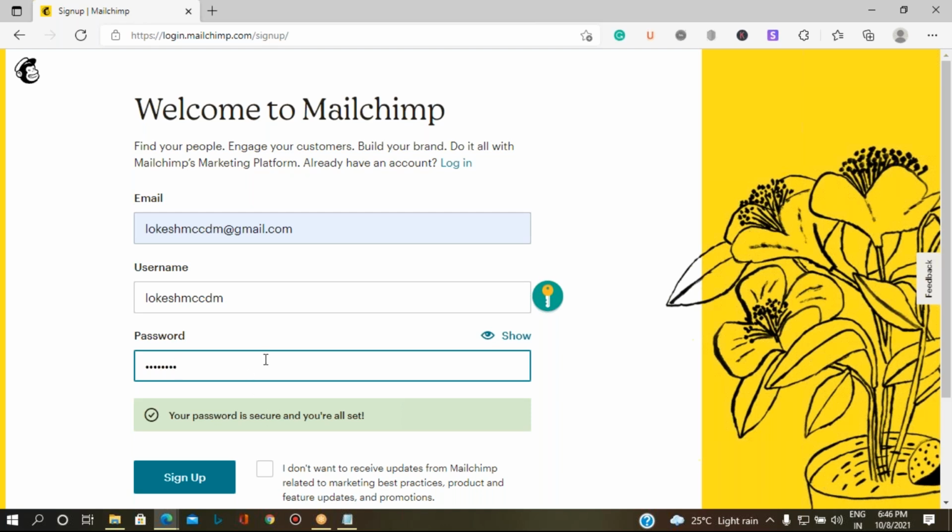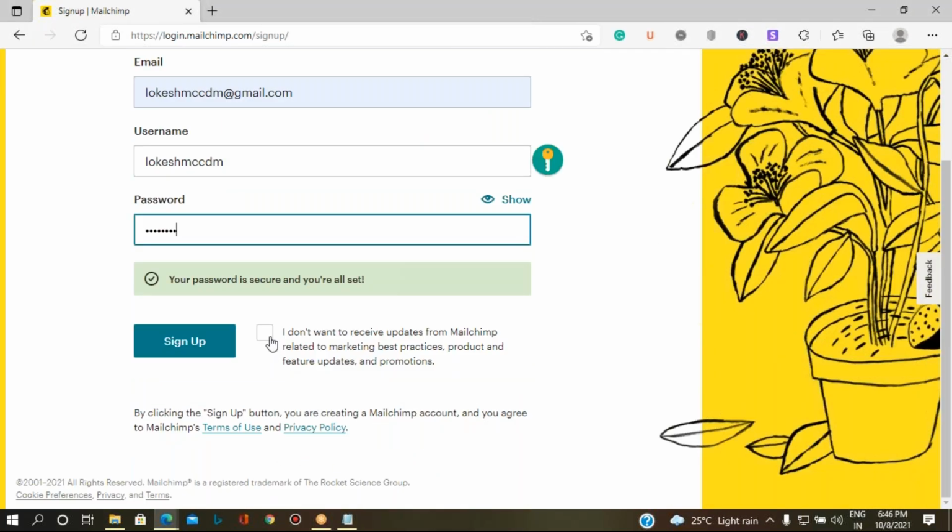If it is not proper, below it, it says that you have not completed the process. Then, before clicking on sign up, if you do not want to receive updates from MailChimp, you can click on this and then click on the sign up option.